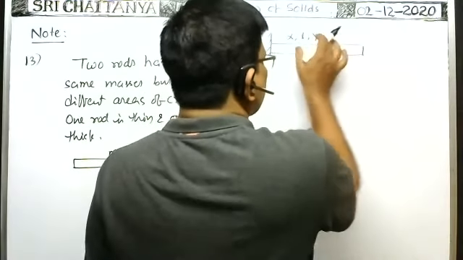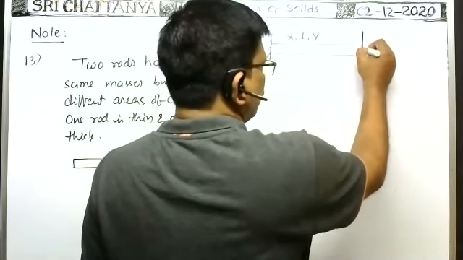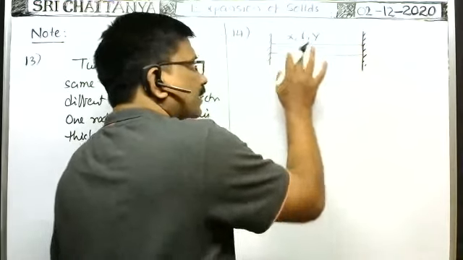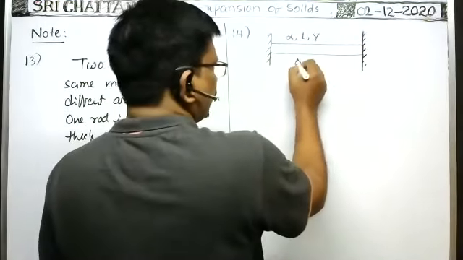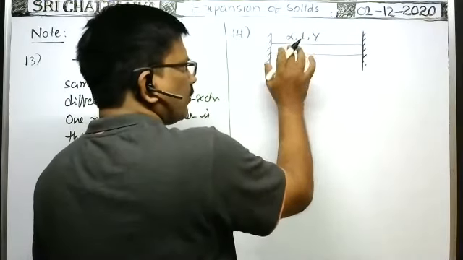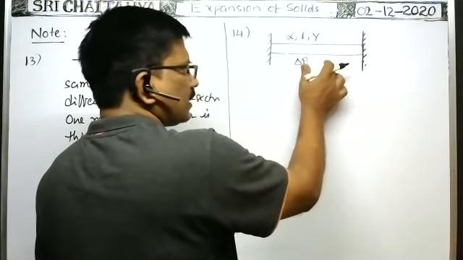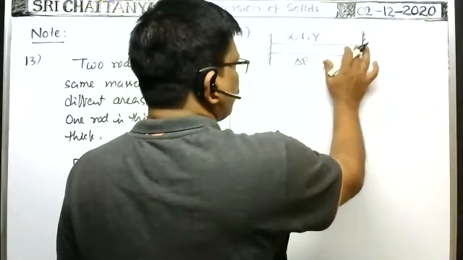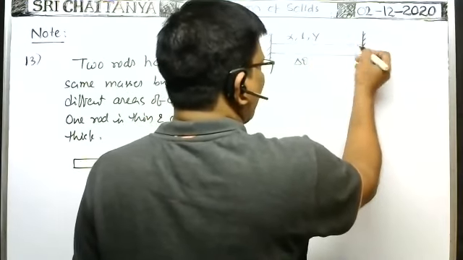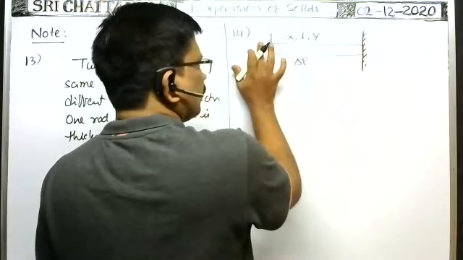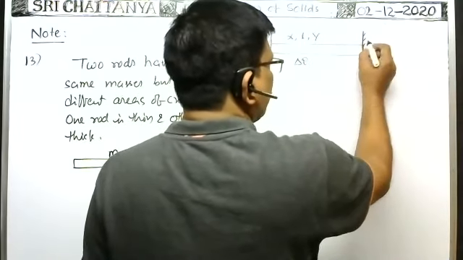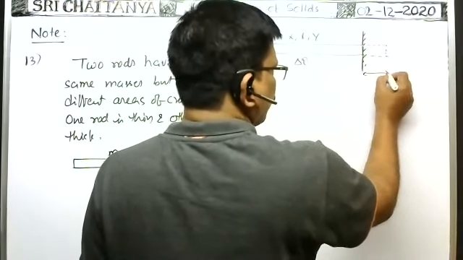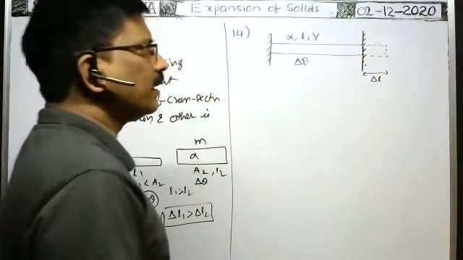Now, suppose this rod is fixed between two rigid supports to prevent the expansion of the rod upon heating. The rise in temperature is delta theta, as the temperature of the rod increases from theta 1 to theta 2, so the rise is theta 2 minus theta 1. At temperature theta 1 this is the length of the rod. When temperature increases to theta 2, the rod will expand. Suppose one end is fixed and the other end is free to expand. Then the rod expands up to this point, so the increase in length of the rod is delta L.